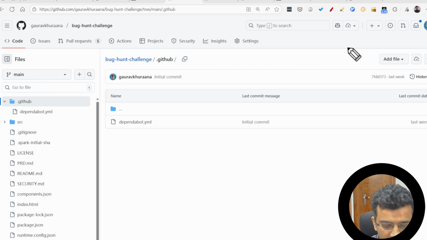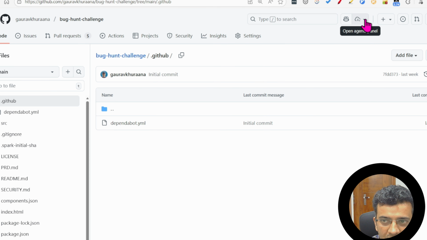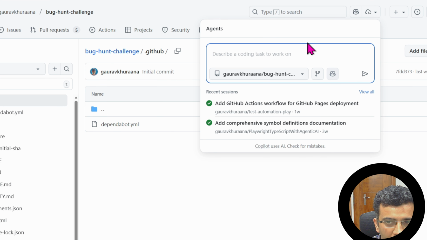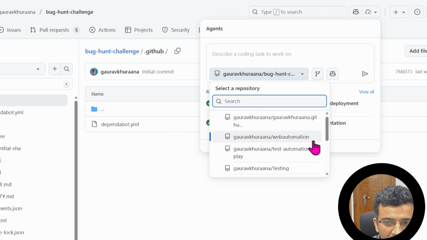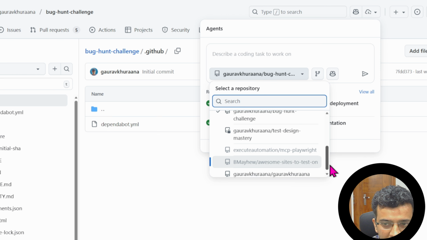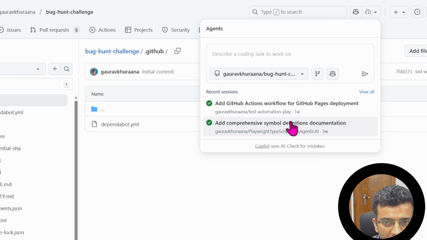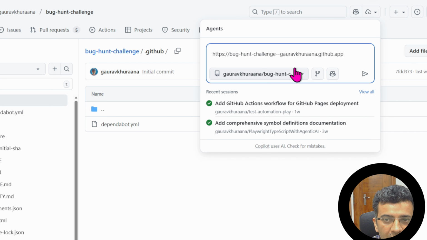So let's do it. There is this button, open agent panel, and here you can select whatever repo you want to work on. I will select this bug hunt challenge repo, and I will say: add GitHub Actions workflow to deploy this site on GitHub Pages.